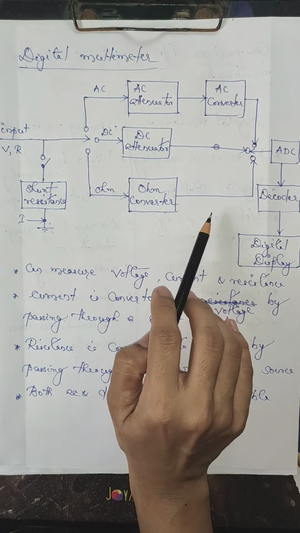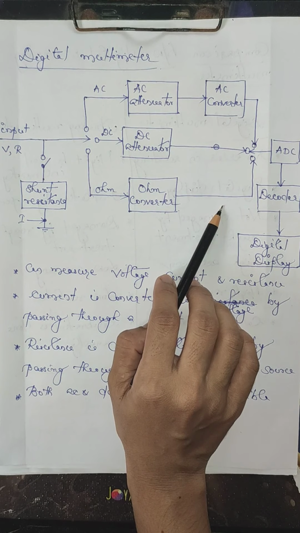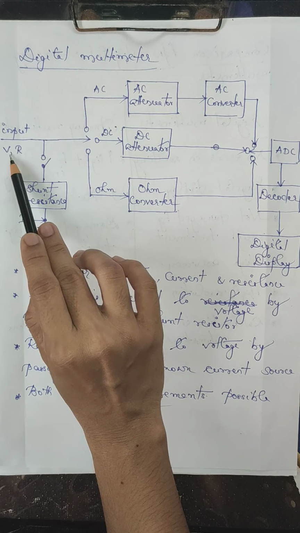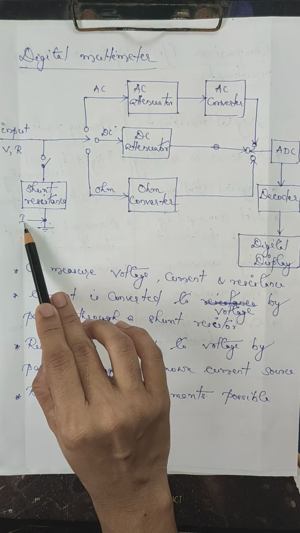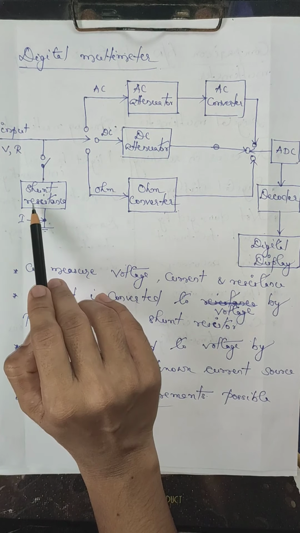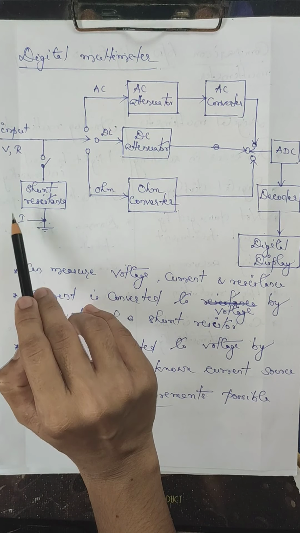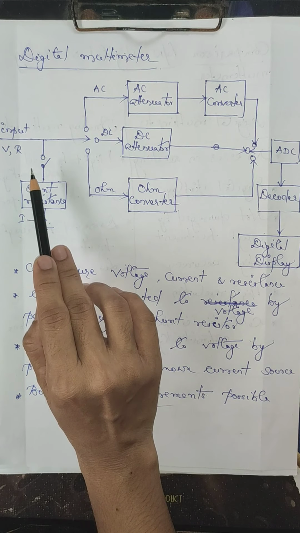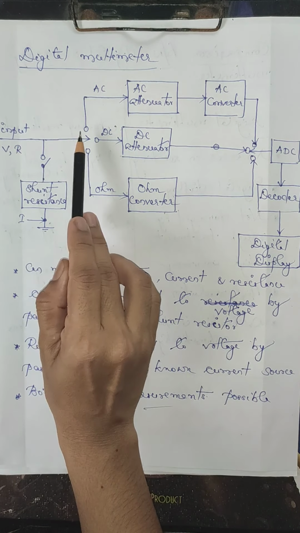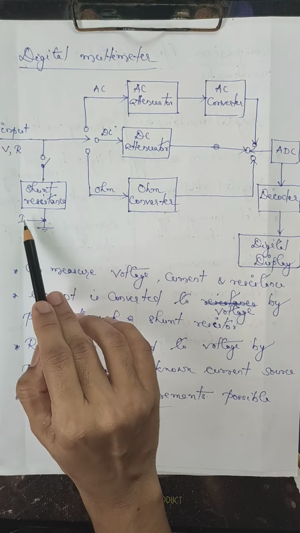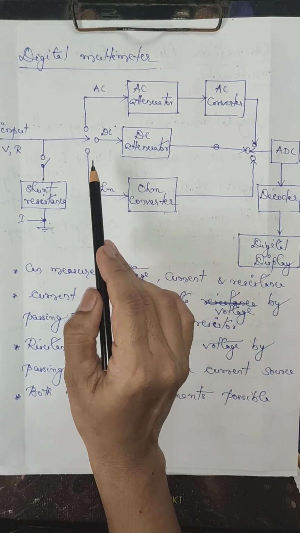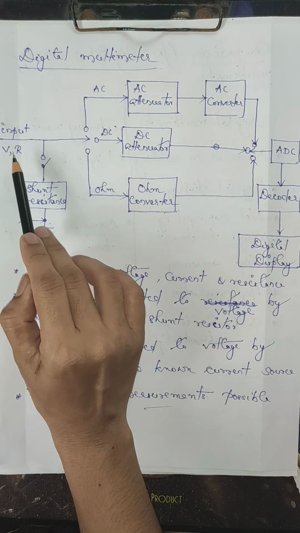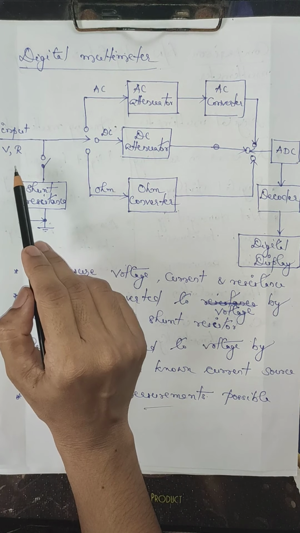So this is the block diagram of a digital multimeter. As I have already said, it can be used for measuring voltage, resistance and current. In a multimeter, all the quantities to be measured are converted to equivalent voltage signals and then measured. So voltage can directly be measured. Resistance and current are converted to equivalent voltage signals before measurement. So let us see how the measurement process occurs.